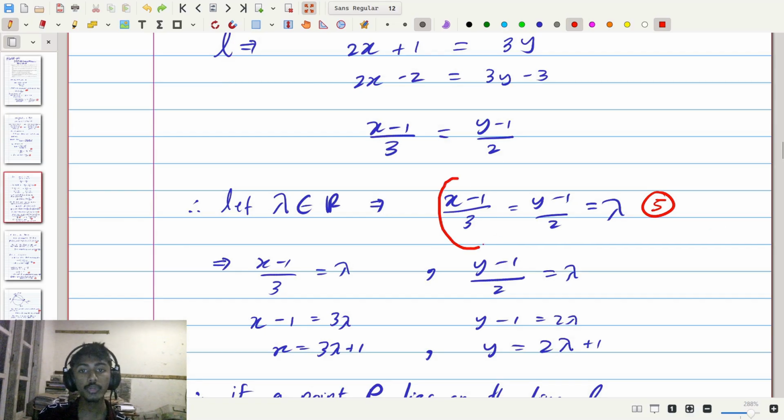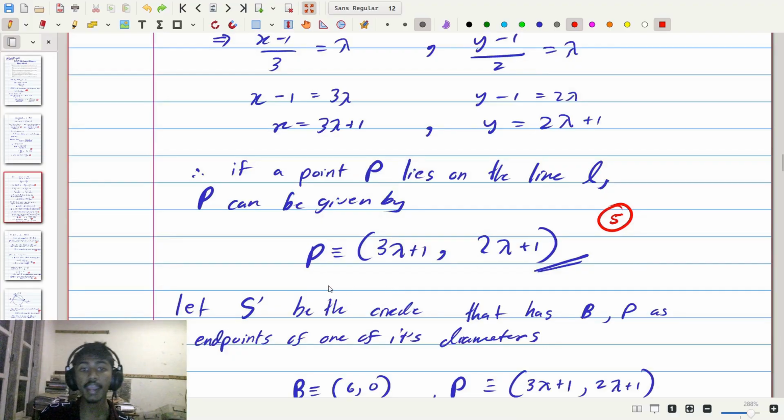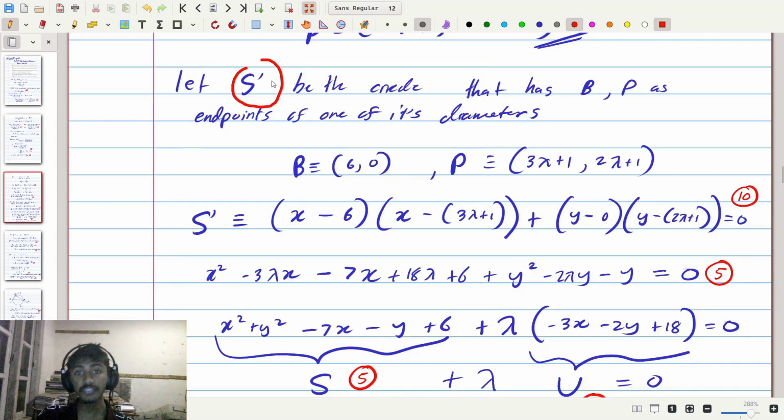And then when you rearrange each of the parts of this equation to get the parametrics for x and y, and then write the point P in terms of the parametric lambda, you get another 5 marks. Now after that, when you consider the circle S dash that has the 2 points B and P as endpoints